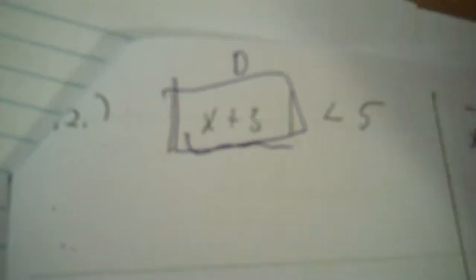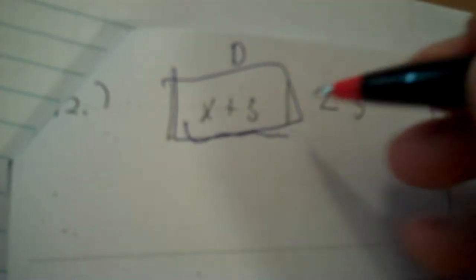Okay, number 12, that's an absolute value. Remember what we do with that, okay? You make a table off to the side, that's the first thing. And then you write whatever's inside the absolute value on each side. So x plus 3, x plus 3. You put the inequality symbol, but then you flip it on the other side. So you're going to replace the absolute value function, just put d. So that means d